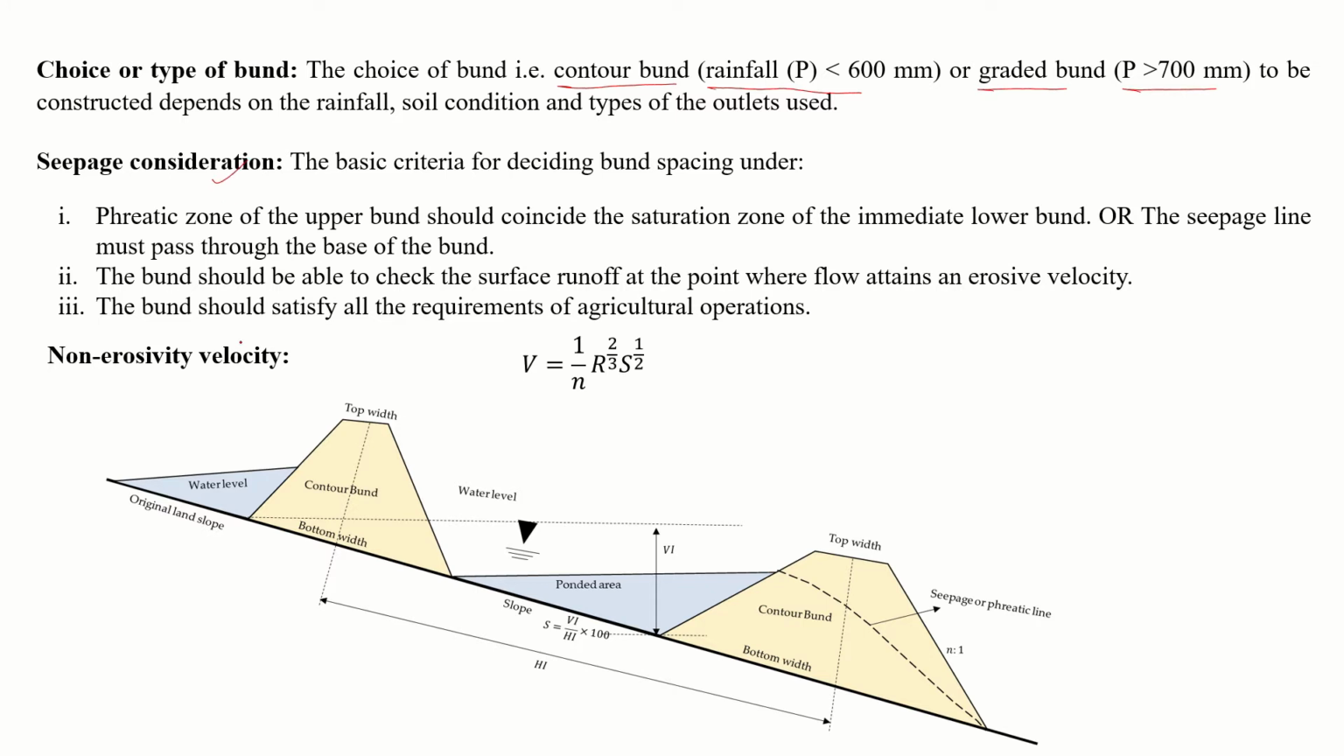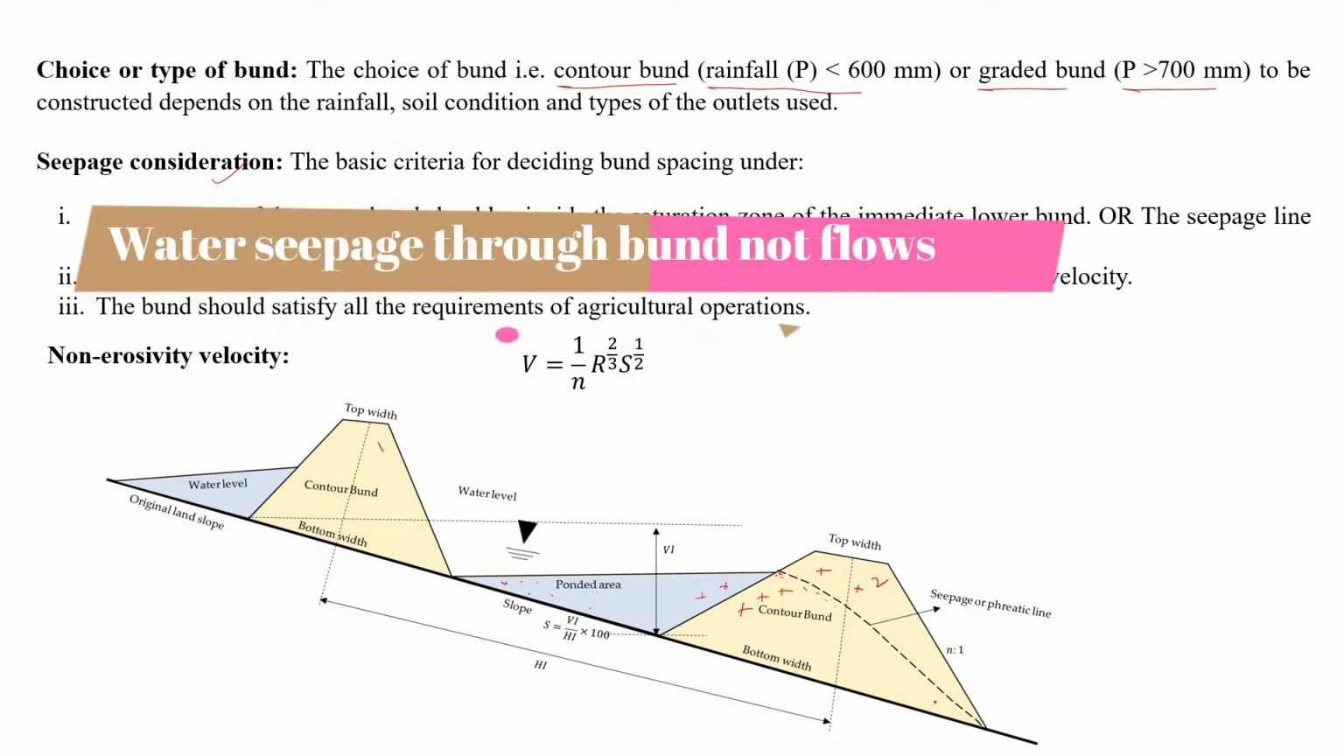Okay, now seepage consideration. Seepage consideration means, let us see, this is one bund and this is another bund too. Here, due to some rainfall, some amount of water has been stored. Because this bund is constructed or formed of earth material, the soil, due to the permeability, due to the hydraulic conductivity, the water may flow. This seepage line is the water flowing due to the water stored behind the bund. This water may flow through this embankment or bund. It should pass